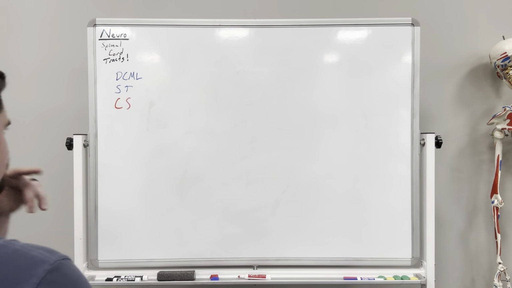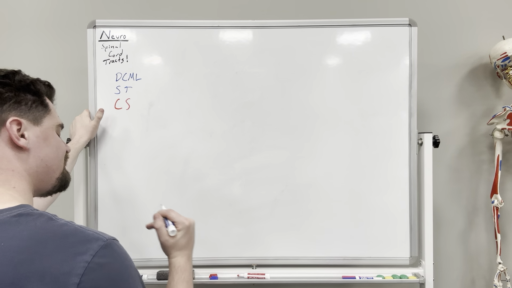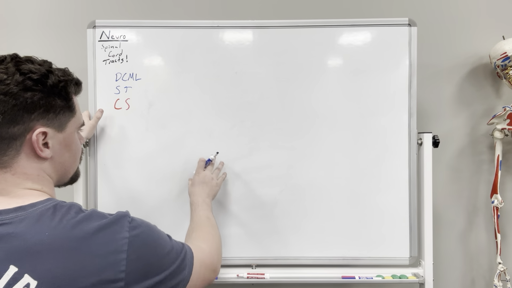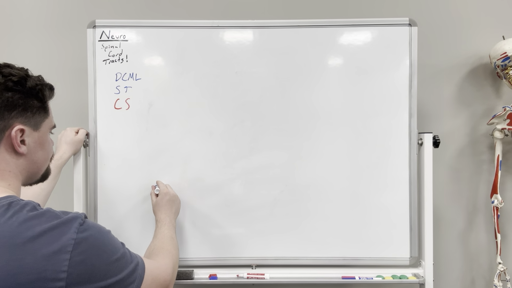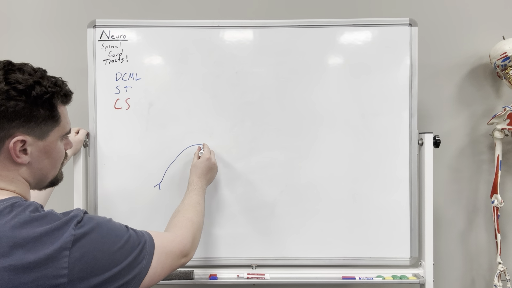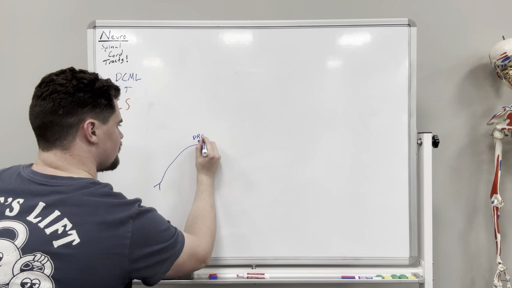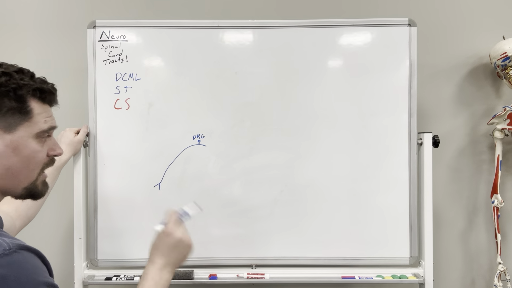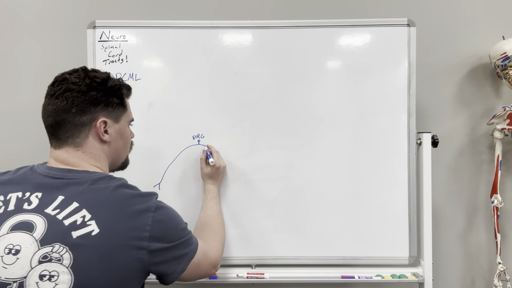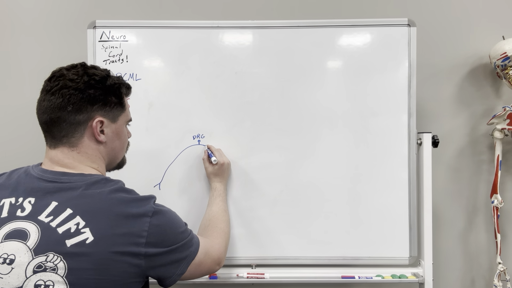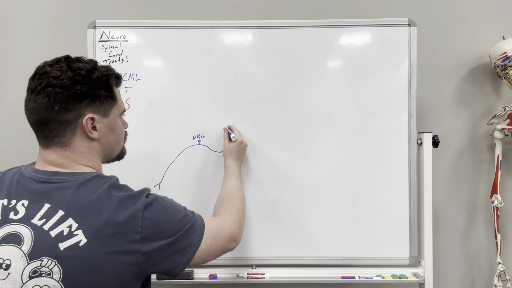So let's talk about DCML first. DCML is a sensory tract. It is an afferent tract. It is an ascending tract. So it starts from the body. So we have to have a sensory nerve ending, and then it is going to come in through the dorsal root ganglia. So that's where the first order neuronal cell body is for DCML, and then it is going to go into the dorsal column, and then it is going to travel up,